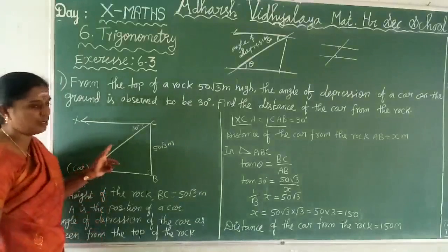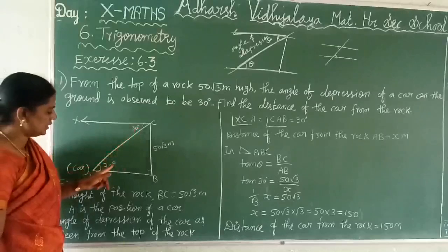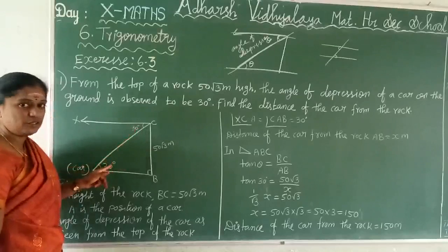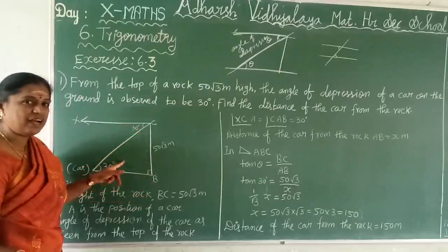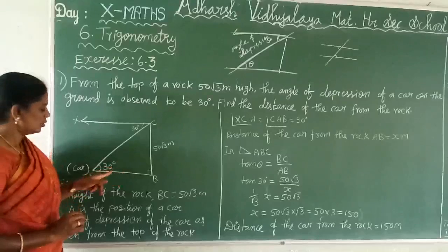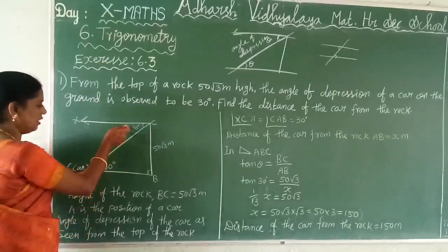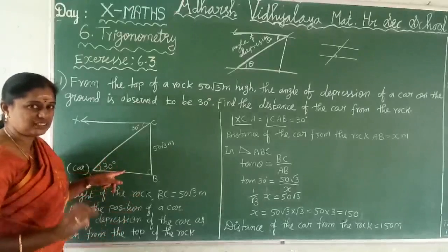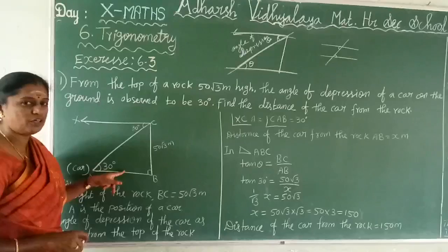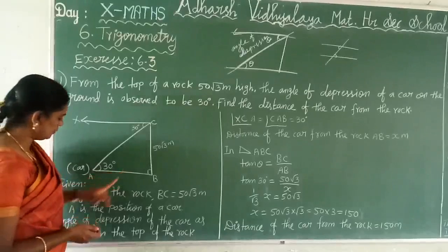We follow all the sums like this. Make the alternate angles, then consider the right angle triangle and apply the angle of elevation method. Clear? So now this is the angle of elevation. Angle of depression and angle of elevation are equal. Then you follow the last exercise model. Angle of elevation is completed now. You do the same model.